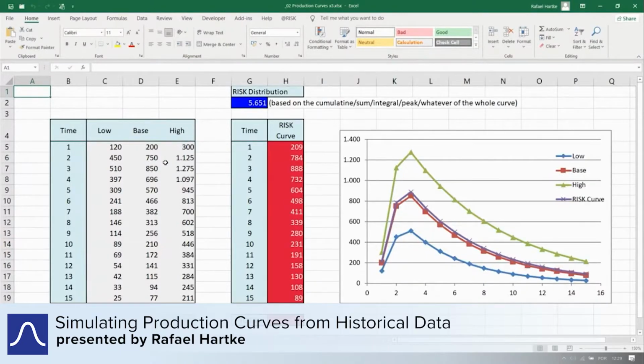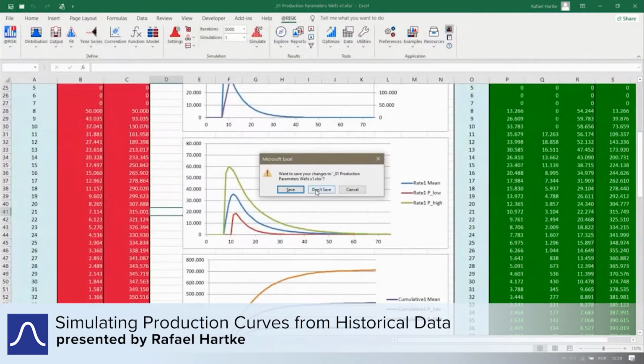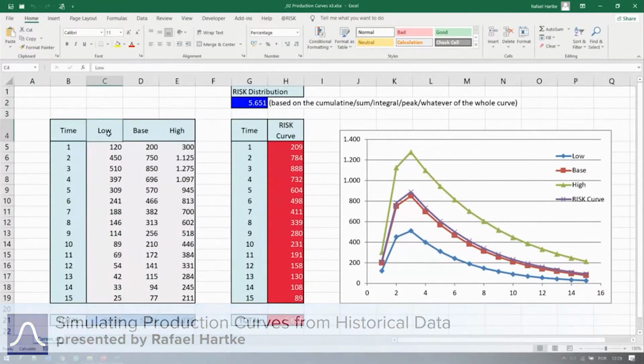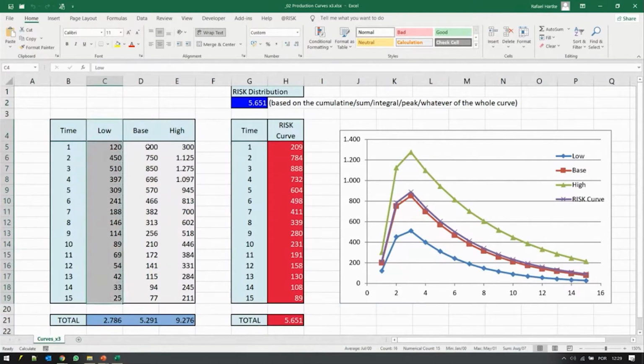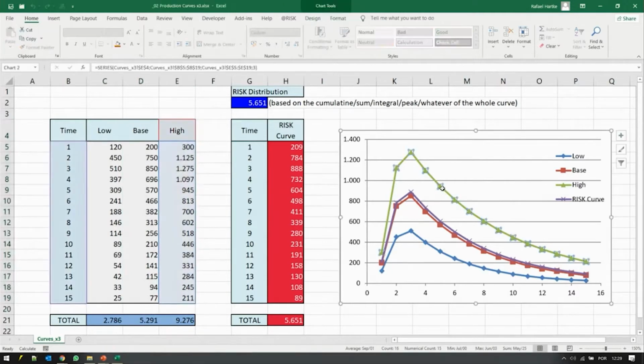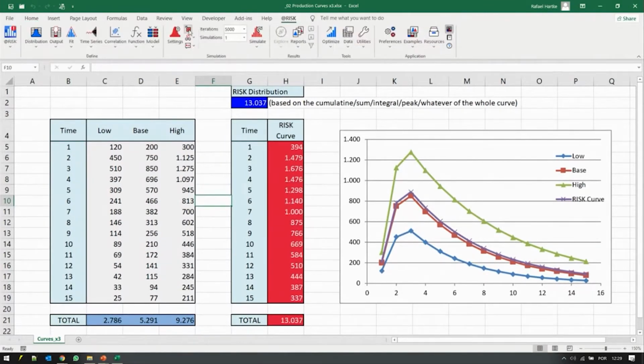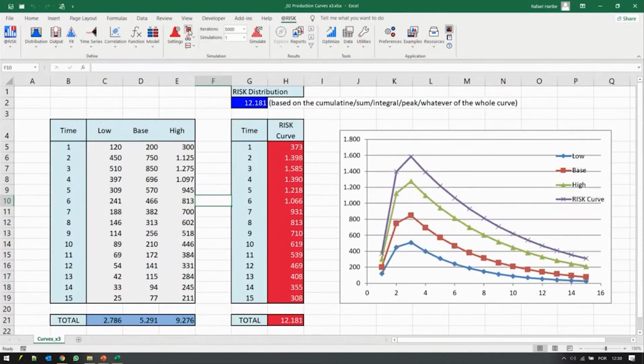Of the three curves directly, okay? So what we have here is three curves: a low or pessimistic curve, a base or average curve, and a high optimistic curve. The three curves are here, green, red, and blue on the chart, okay? And I would like to create one curve here, the purple one, that resembles these three curves, that is somewhere in between these three curves,